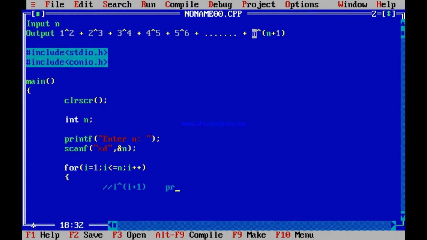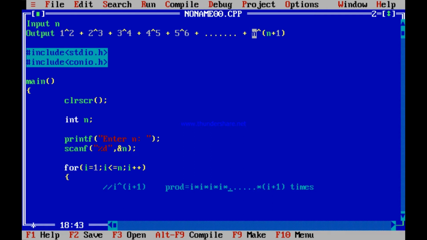How to write that program? With this logic: product equal to I into I. I to the power of I plus 1 is what? I into I into I into I and so on, into dot dot dot. How long? I plus 1 times. You check out, is not it so? I to the power of I plus 1 basically means I multiplied I plus 1 times. So you do exactly that.